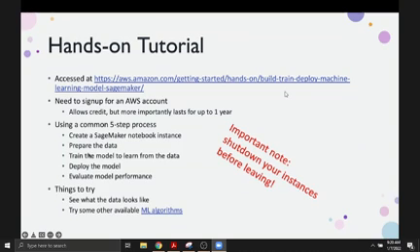And what we are going to do in the hands-on is use Amazon's tutorial, that is the link linked here. It creates a SageMaker notebook instance. It prepares the data, trains the model to learn from the data, deploys the model, and evaluates model performance. The 5 main steps. But I want you, in addition, to try this, see what the data looks like.